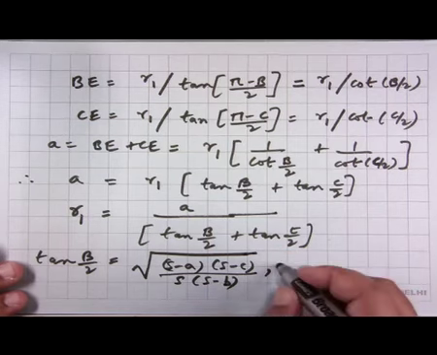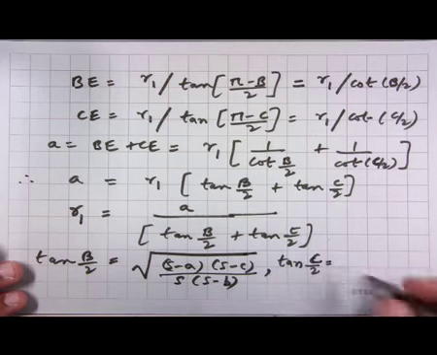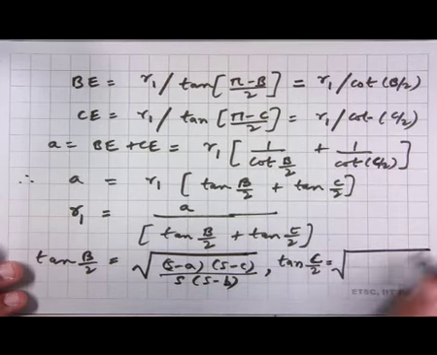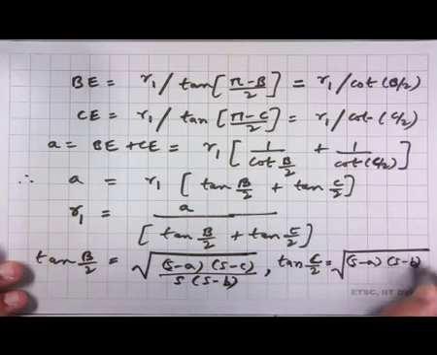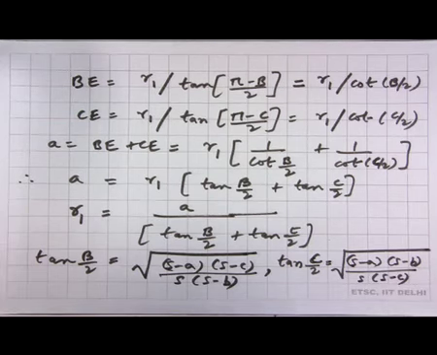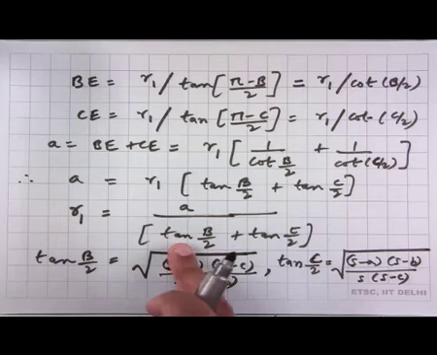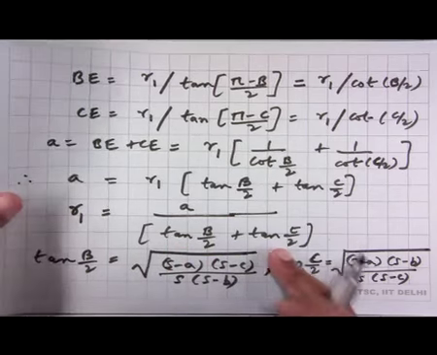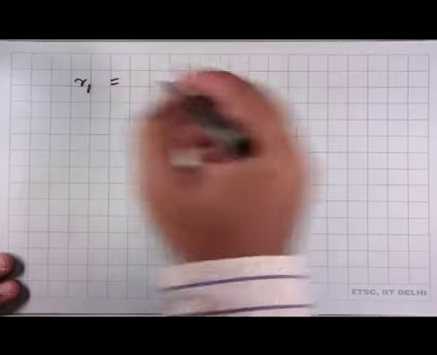So for tan of C by 2 we get it to be equal to square root of S minus A into S minus B divided by S into S minus C. So now we are going to use these two equations instead of tan B by 2 and tan C by 2, and then what we finally get is that R1 equals A